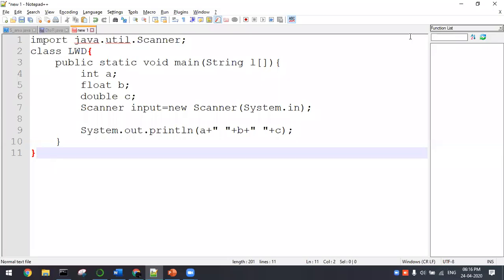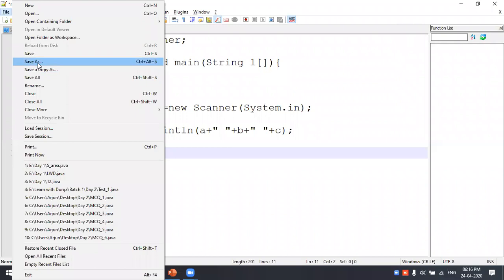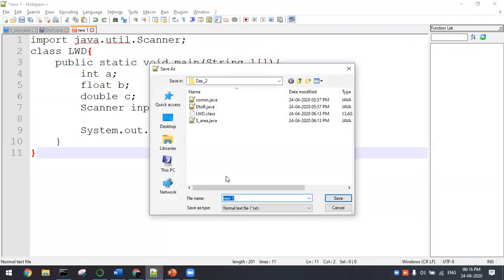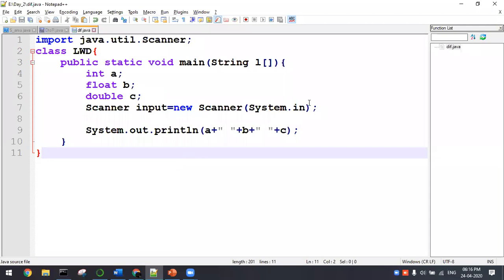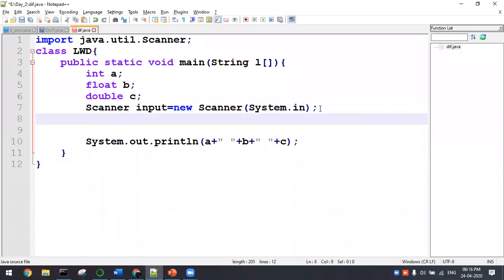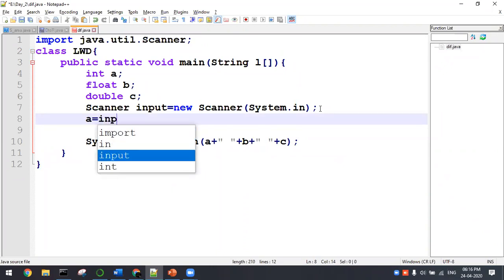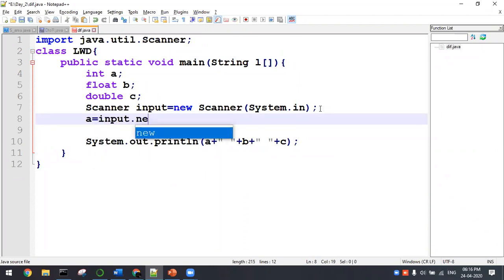The last example we saw only an integer type of input. Now I am going to get a float and double, right? A simple change. You're going to make use of that nextInt, right? So now you'll be having a double and float. Double and float, in a similar way to the integer, you are supposed to get with the help of an equal to. Here input is my Scanner class object dot nextInt, you will be getting, right?